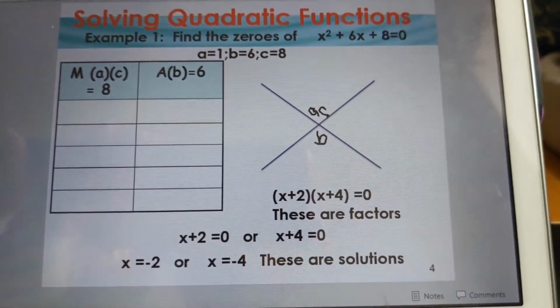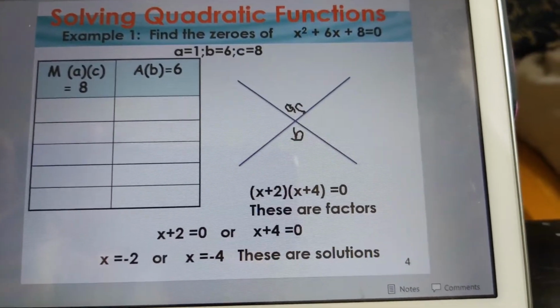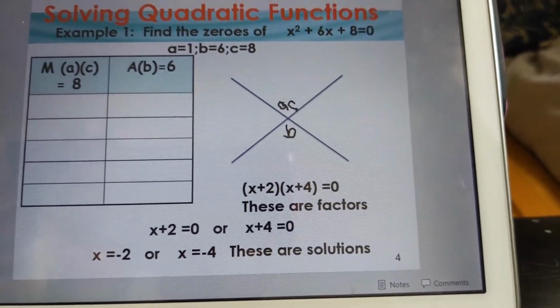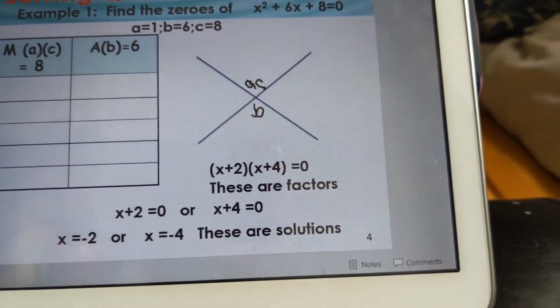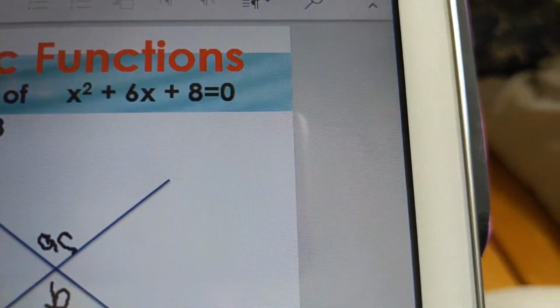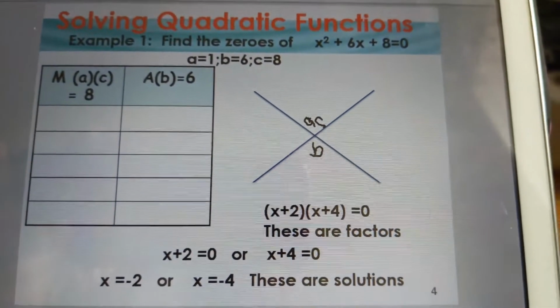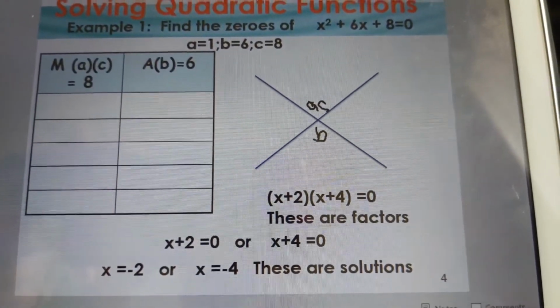Today, what we're going to do is solve our quadratic function, but we're going to solve it by factoring. So you should be on example 1, and we're going to write out example 1 together. Here we start with the equation x squared plus 6x plus 8. And like always before, I'm going to write this all down on a separate sheet